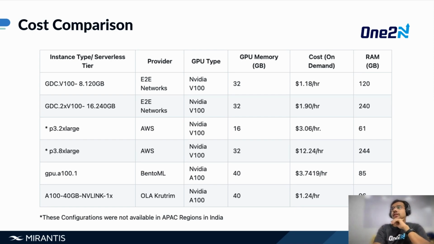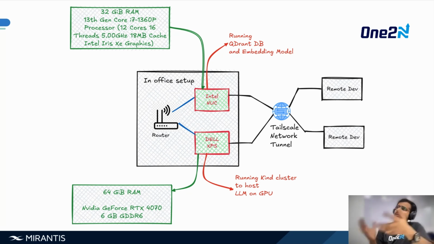And as you could see, local providers actually are cheaper than public cloud. So we went with an NVIDIA V100 with 32 gigs of GPU memory, which would cost us 6 times lesser than what it would have cost us if we were to go via the AWS route. So this was how our OHM lab was designed.